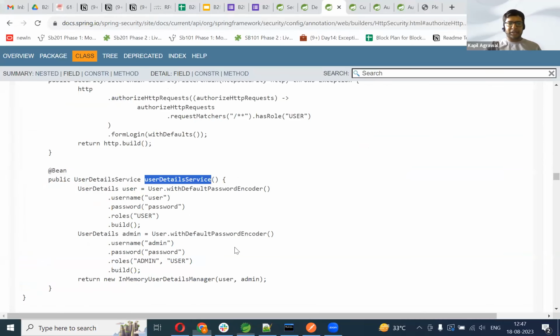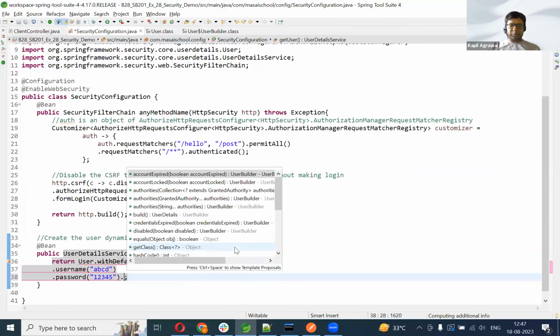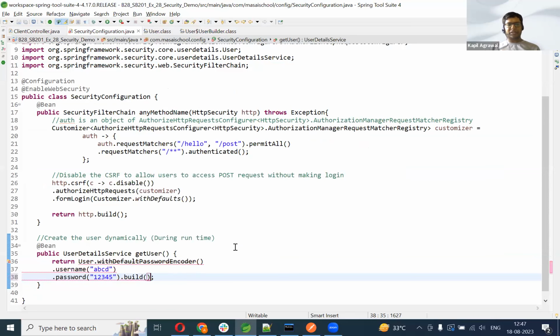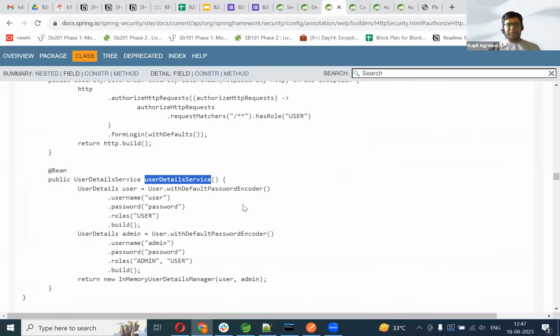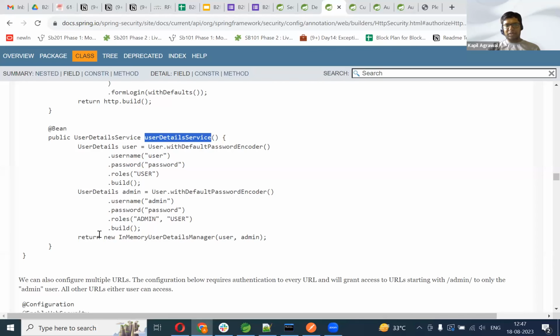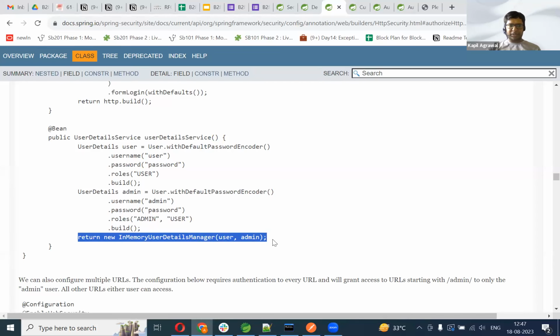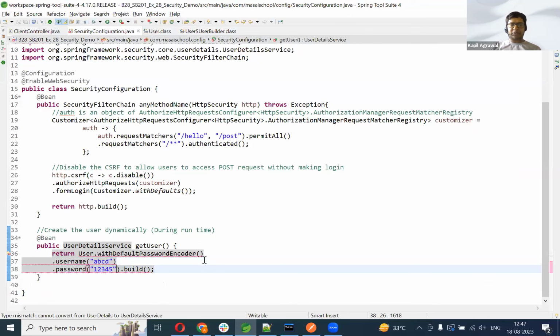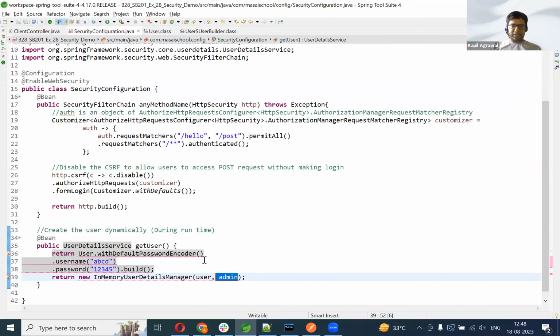Let's say I am writing here return. And finally, one more method that I need to call. The name of the method is going to be called the build method. But okay, just a minute. One thing that I forgot to do is